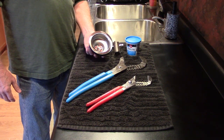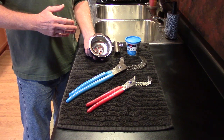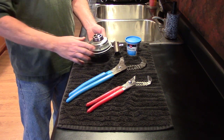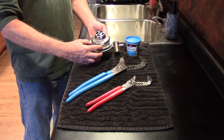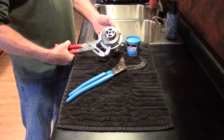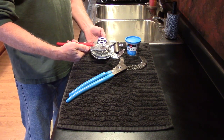If you're replacing a kitchen sink basket, you're going to need adjustable pliers and plumber's putty. This is a pretty common style for a kitchen sink basket. It has a lock nut with tabs on the outside. A 12-inch adjustable pliers will allow you to tighten and loosen that lock nut, and this is a very versatile